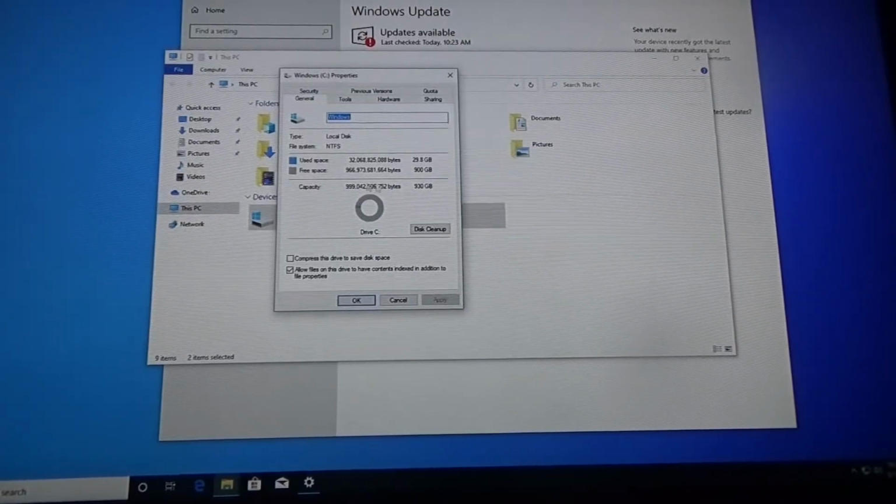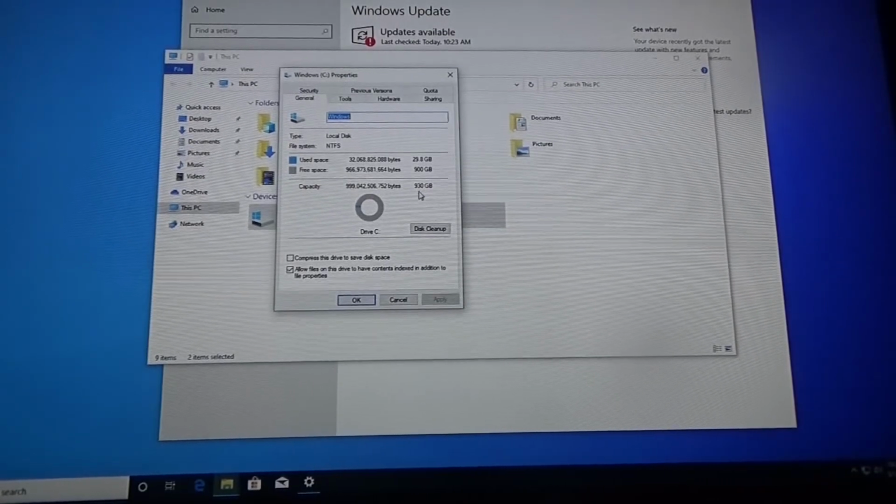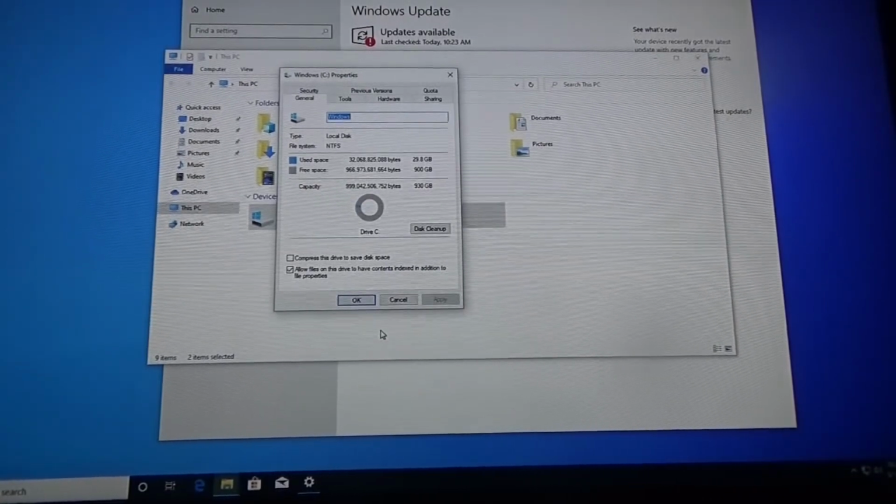So it says it's a terabyte, but capacity says 999 million bytes. So I guess that's pretty close, but it only registers at 930. That's typical. But right there, 28 gigs. 28 gigs on a fresh install.